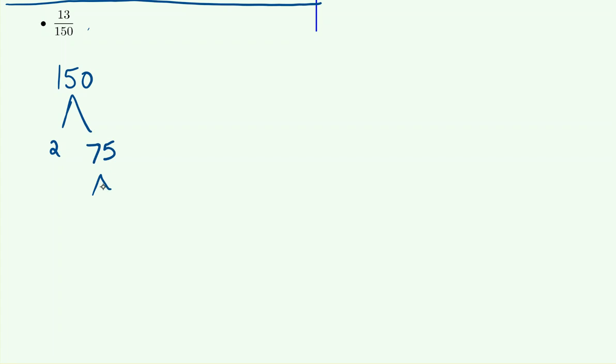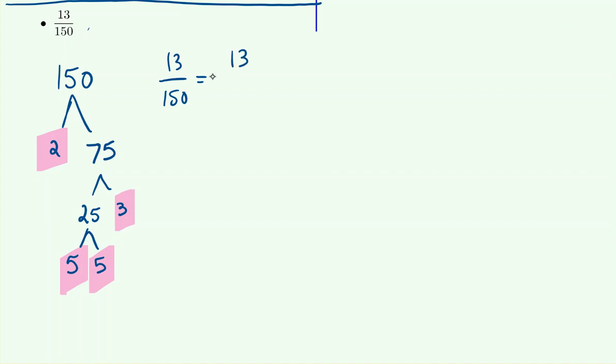Now 75, I might recall that it's divisible by 25, so it's 25 times 3. Now 2 is a prime number, 3 is a prime number, so we don't have to go any farther with those strands of the tree, but 25 is not prime. For instance, it's 5 times 5, so we factor that. And now we've got only prime numbers, 2s, 3s, 5s, those are some of the first few prime numbers. This is telling us that 13 over 150 could equivalently be expressed as 13 divided by 2 times 3 times 5 times 5. And if you want to verify that 2 times 3 times 5 times 5 actually would give you 150,